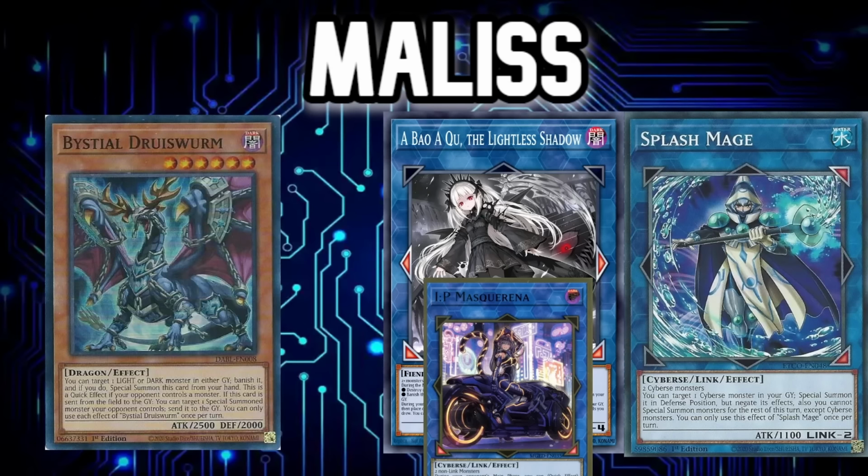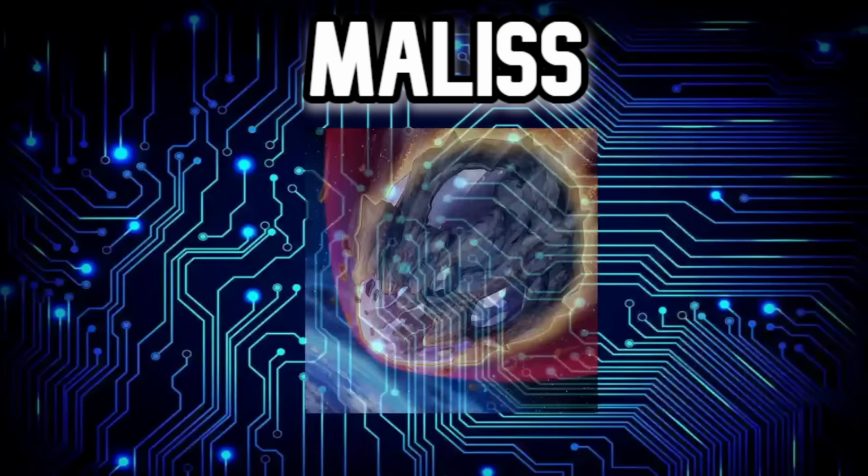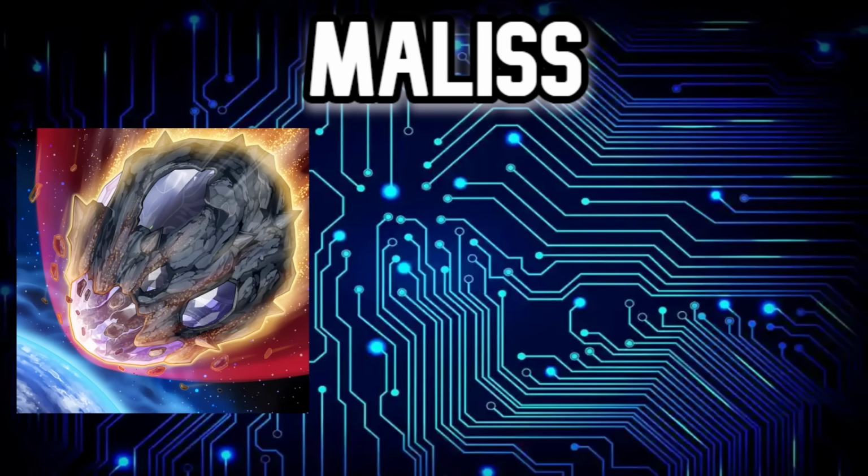The Abawa does not target, so they will still summon something else back from the graveyard, but you can cut them off of the IP Masquerena access. Nib versus Maliss, you want to try to keep them off the link 3s if possible, but if you can't do that,